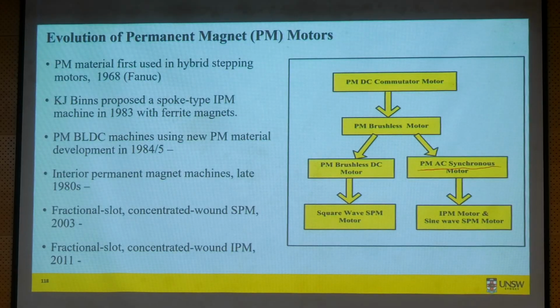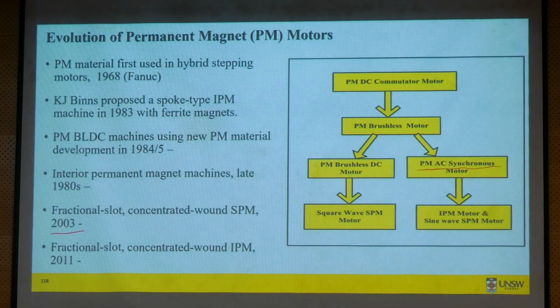But for that you will need the inverter and you will need the encoder. Okay, that's the main difference. Whereas in a brushless DC motor, you can use Hall sensors, and your inverter could be a much cheaper version of it, so that it produces only a square waveform. Okay, so we have initially that PM synchronous motor, and under the PM synchronous motor we have the IPM and SPM, and then later,